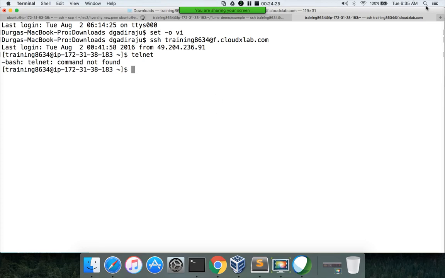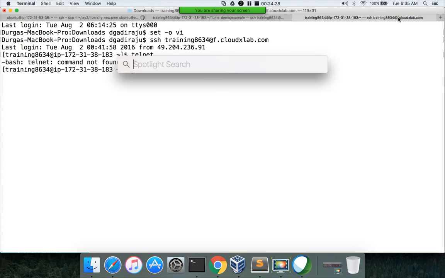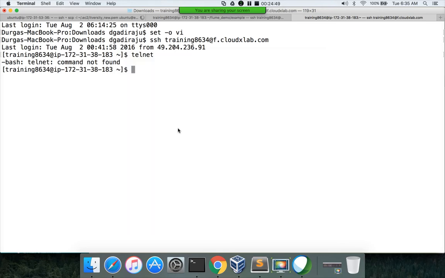So let me see. Telnet is the command which can listen on a given host and port number from the console. So there is a web service running on localhost 44444 on this host. If we run telnet on that host name and port number, it will launch a command line interface listening to that port number, and you can type to that, and you can interact with the web service that is running.